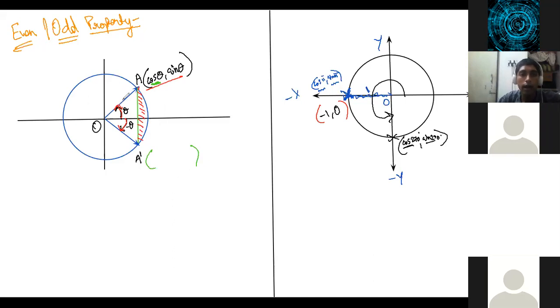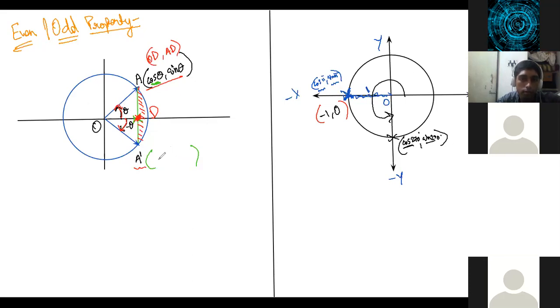Let us say this point is some D. Let us mark this point. Let us say this point is D. So can you tell me the coordinates of this point in terms of O, A dash and D? See, this will be OD, na? You guys discussed, and this will be AD. Remember, in the starting we discussed. This will be OD and AD. What will the coordinates of A dash be?